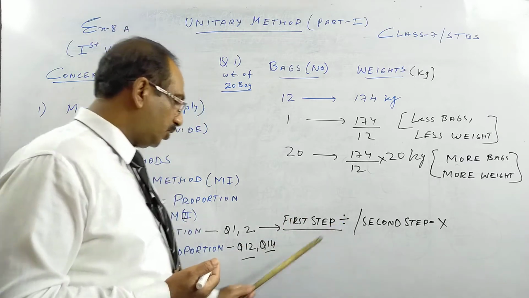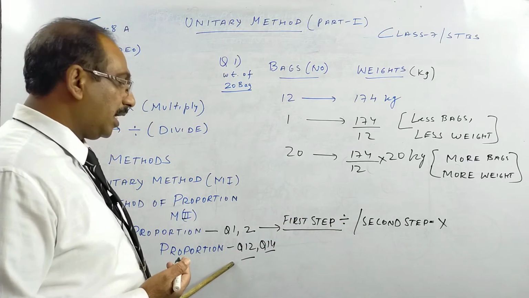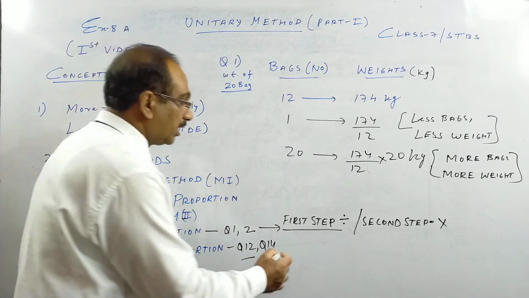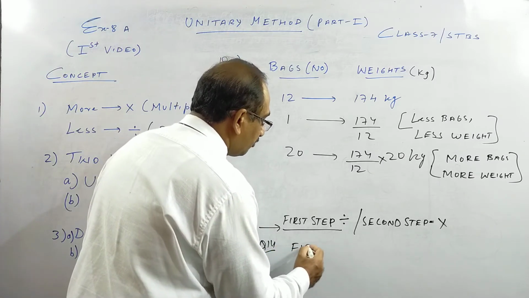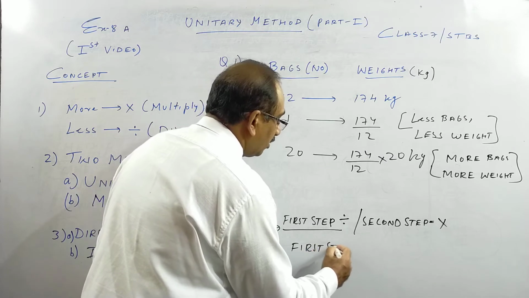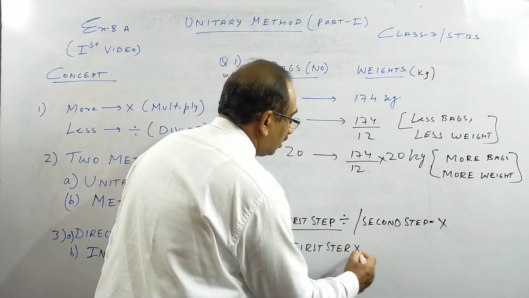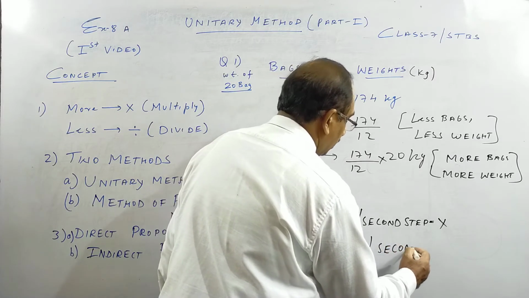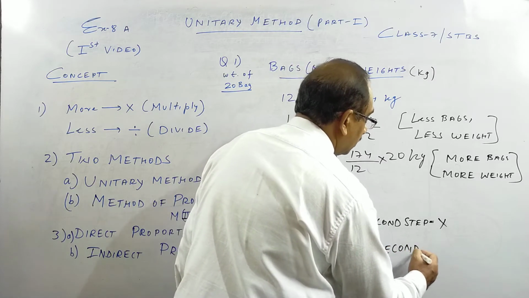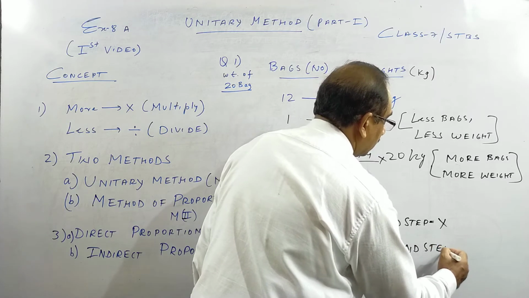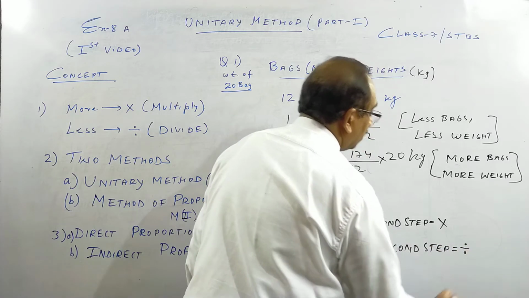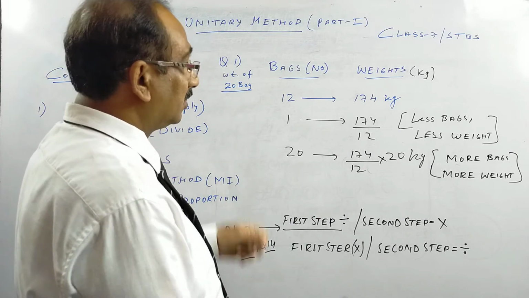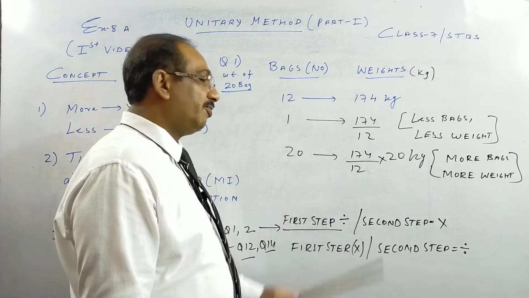So second step. So here in the second, indirect, we will see just the opposite will happen. First step we will have multiplication. Here first step we will have multiplication. I'll teach you there because I'll rub this, and in second step children you have just the opposite, division. Second step children you have division. Okay, so now we finally cancel.